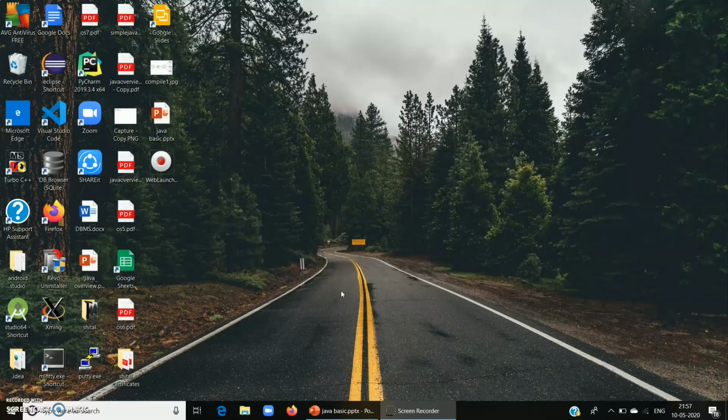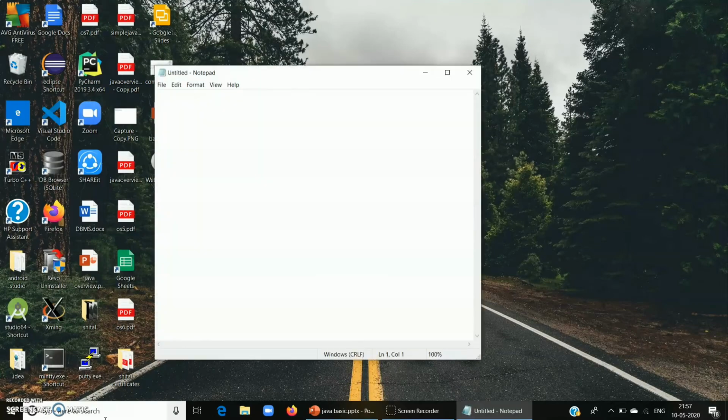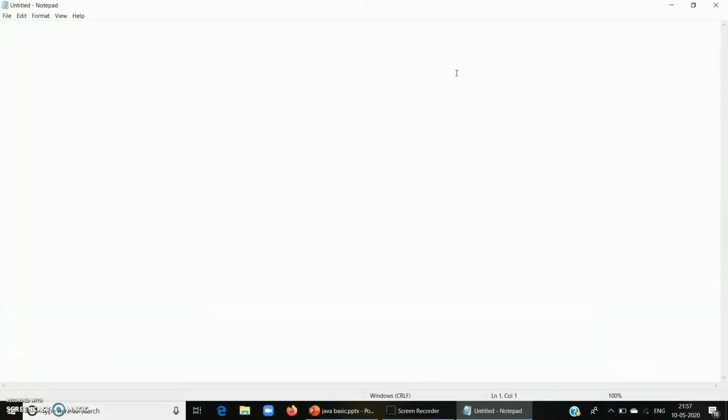Now let us write a program for calculating the sum of two numbers. So open your notepad. In order to find the sum of a number, you will first input the numbers from the user, and to import the number from the user, you will have to import a scanner. So before declaring the class, you have to first import the scanner. So import java.util.Scanner. Make sure the S is capital. Give a semicolon.